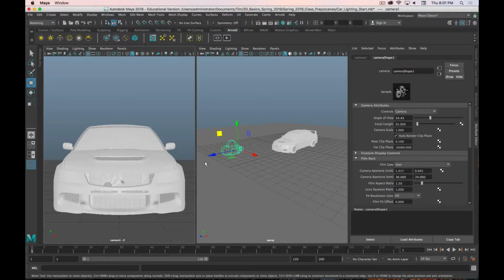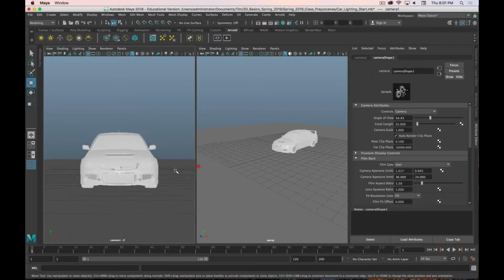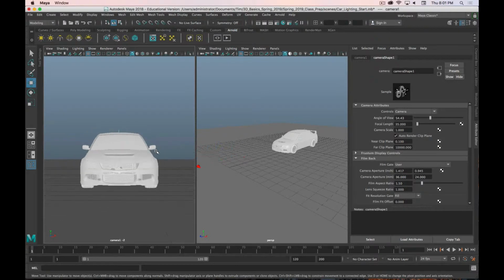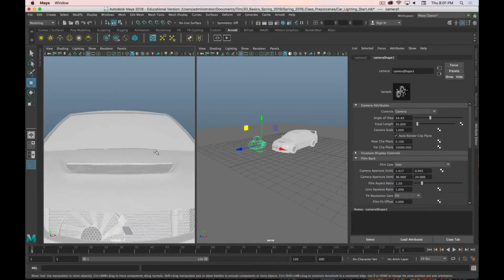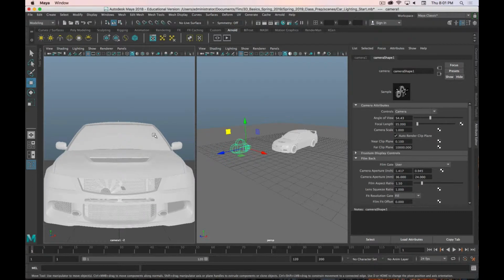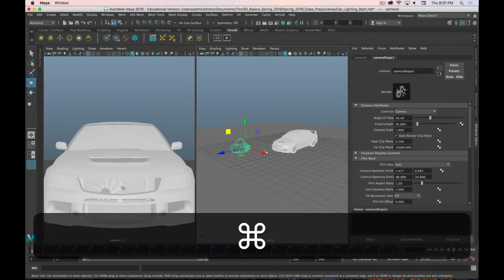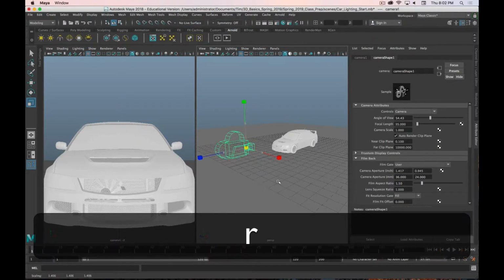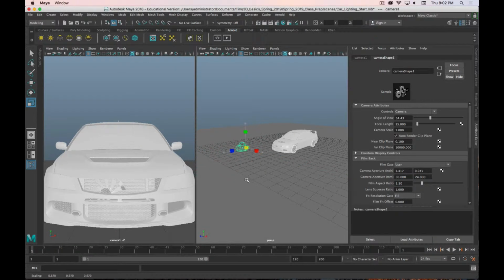the camera sees. Okay. You'll notice as I hover over my camera view, if I move the scroll wheel, the camera actually moves. It's dollying in and out. That's what that motion is. When the camera moves forward and back, it's called dollying. If it moves side to side, that's called trucking. All right. Then we can move and rotate and scale the camera. Scaling the camera doesn't actually do anything. It just increases the size of the representation of the camera, but you can see the view itself does not